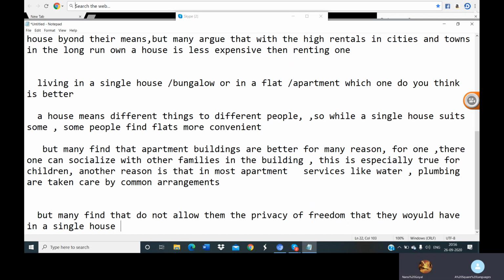Maybe it will disturb your freedom and the privacy that you would have in a single house. Is that clear to you? Right, sir. And a single house has the merits that